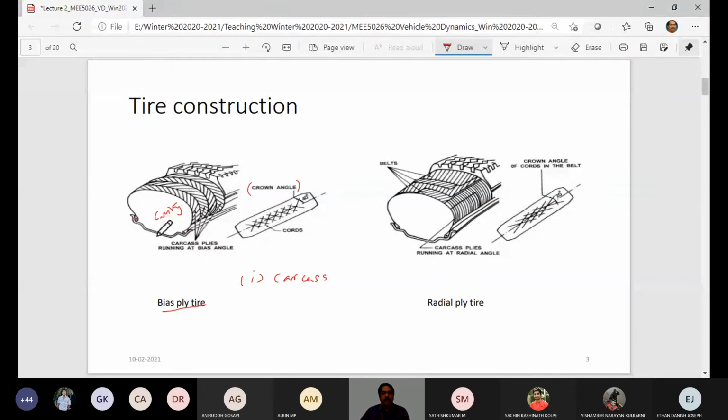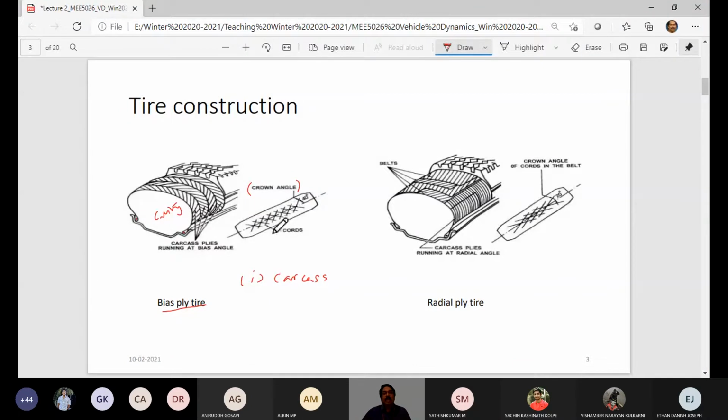Right? So what's happening when this inflation pressure is there? These cords are going to be under tension. As they are under tension and loaded and the wheels are rolling, what will happen? The crown angle orientation of the reinforcement or cords in these plies is going to flex. So they are going to have this diamond shape, and that angle will be reducing and increasing like that. So that's essentially going to create tension in these cords.